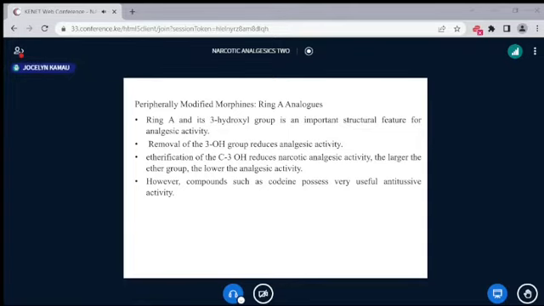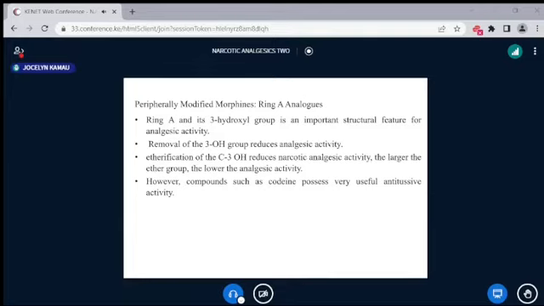There's no problem. So we're looking at ring A, the aromatic ring, and its 3 hydroxyl group are important structural features for analgesic activity. So not only do you require ring A, which is aromatic, you also require a free 3 hydroxyl group. And even if it's not free, when it is given as an ester, like heroin, the compound has activity, because that drug will act as a prodrug. When it gets into the body, it must be cleaved to give you a free hydroxyl group, which is indeed required